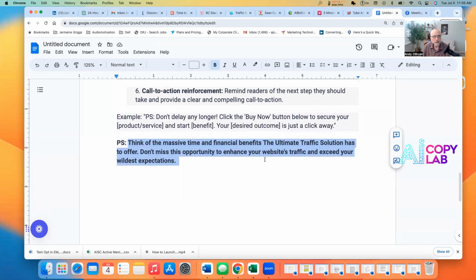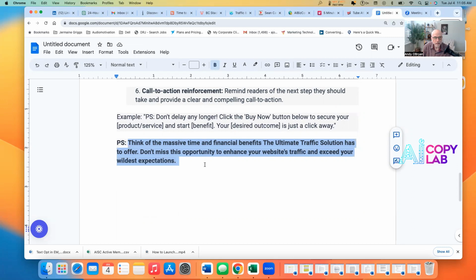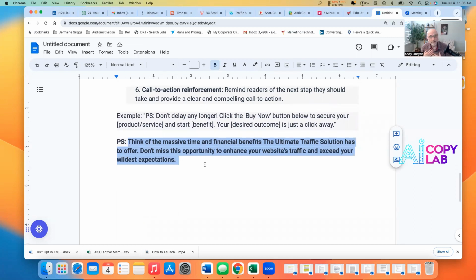So all we've done, again, in the AI Copy Lab, we aren't reinventing the wheel here. We're just revising, making a few tweaks here and there to what ChatGPT gave us, all right? And we moved it over and just did a few tweaks, and now it is our own, right? We did not copy and paste and then send it on its way. We made a few tweaks, and that's really what we need to do whenever we are working with ChatGPT. It's something that we want to make our own. We want to humanize this stuff, okay?